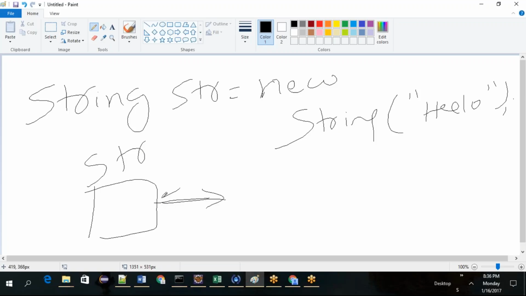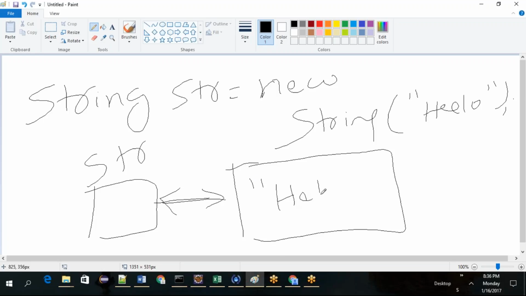What is it going to hold? A new object which will have the value hello. Make sense? This is how string will be storing the values.